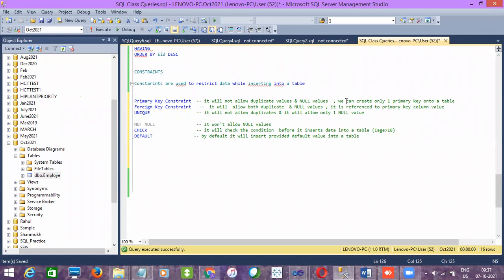Okay, now tell me, if I want to achieve the primary key functionality in the same table for more than one column, can we achieve it by using other existing constraints? Think and answer me, guys. As I told you, we can only create one primary key on a table, but my requirement is to achieve the same requirement by using other constraints. Can we achieve it? If yes, what are those constraints?